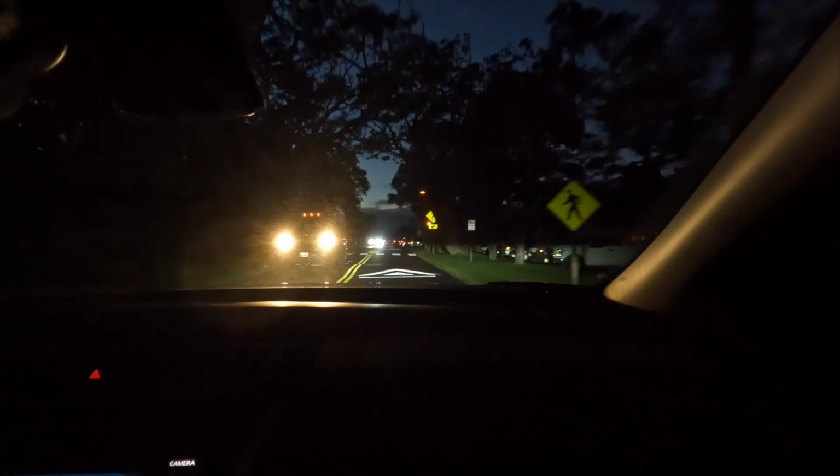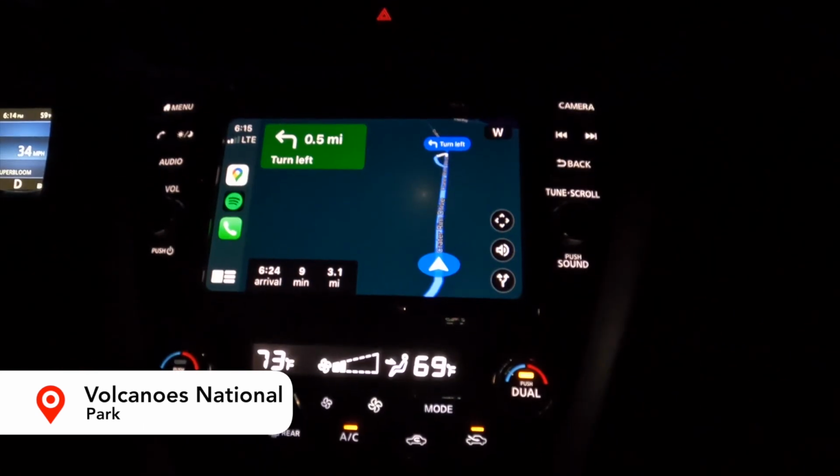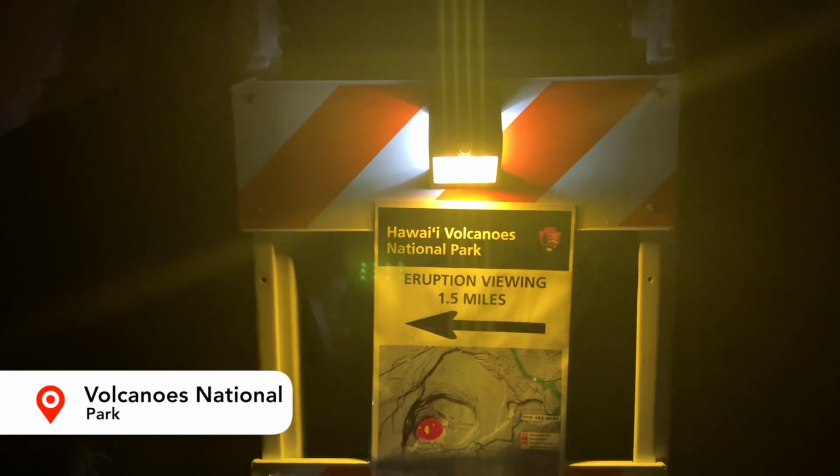After the afternoon of exploring, we headed to Volcanoes National Park. We headed there around 8 o'clock for the first run, and we're so glad that we did. It's pretty dark out there, but luckily there's plenty of park rangers to show you where to go. We're checking out the stars and the constellations,